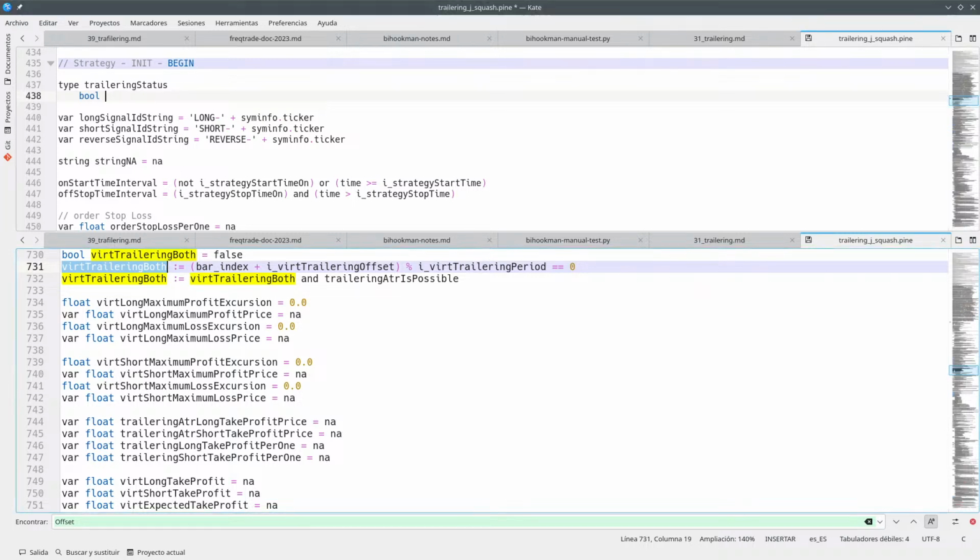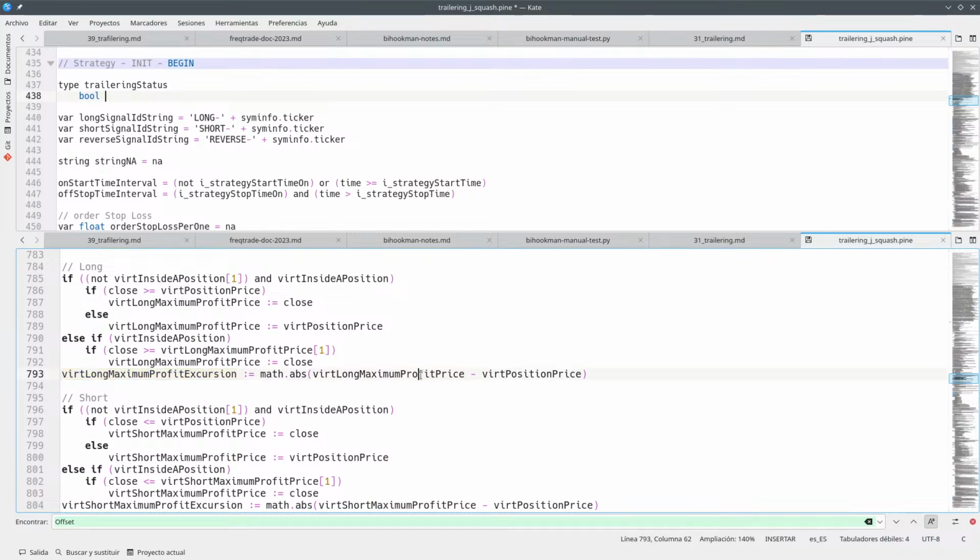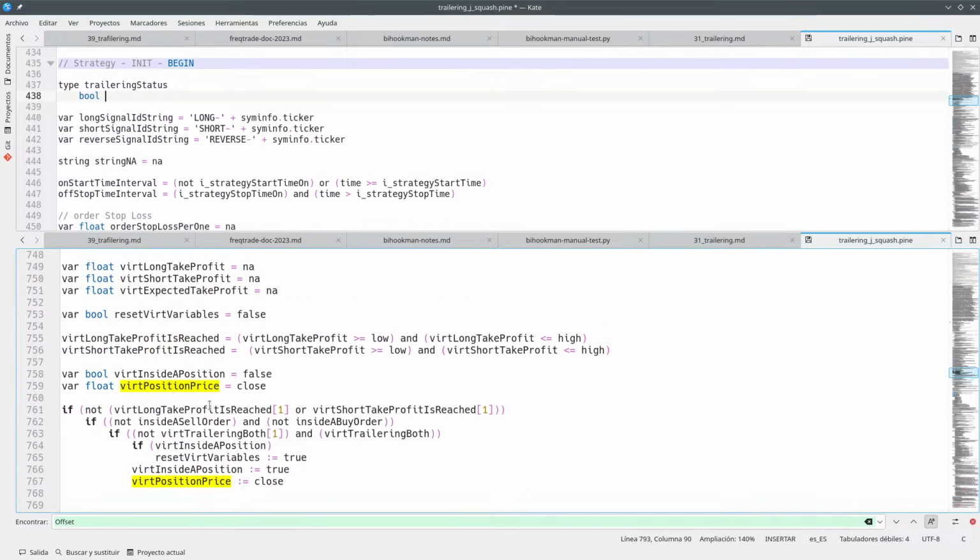Okay, so we are back. So this variable does not depend on a previous value, so we should leave it like this. It's true that other stuff will depend on this, but we don't care. When this is 0, it affects only our current strategy, our current sub-strategy, so we are okay with this. So Beard long maximum profit excursion, which is here, is based on this, which is based on this, and